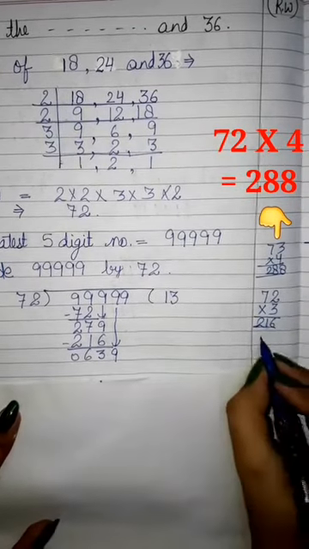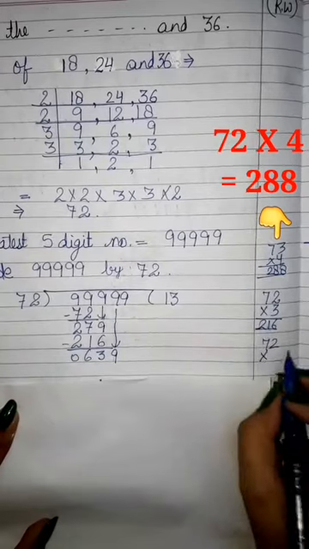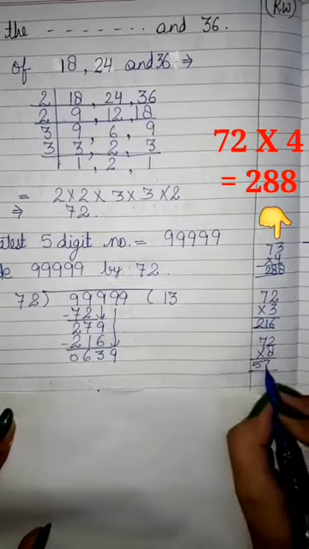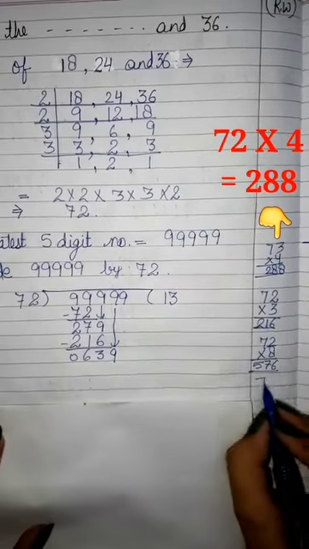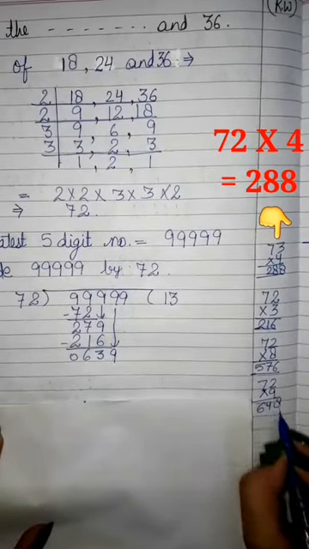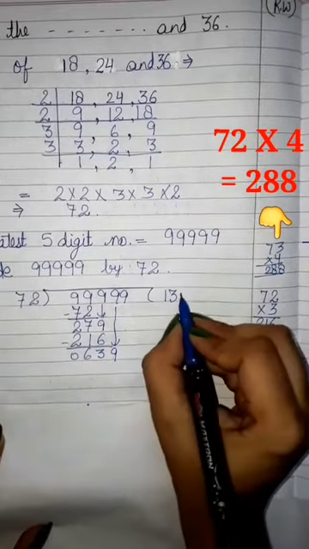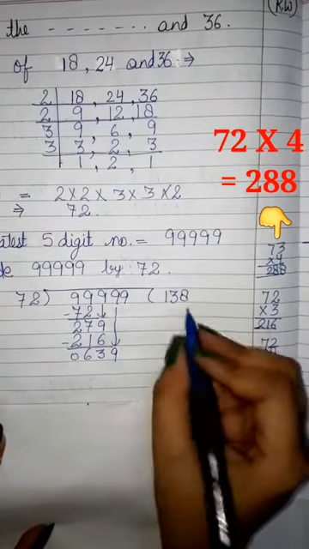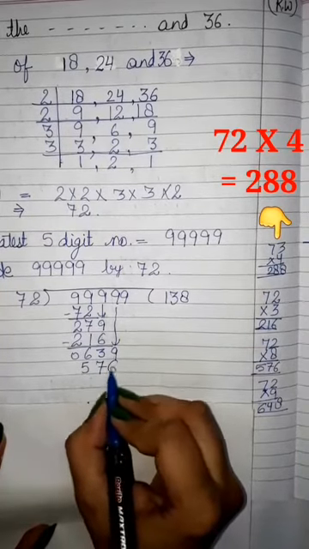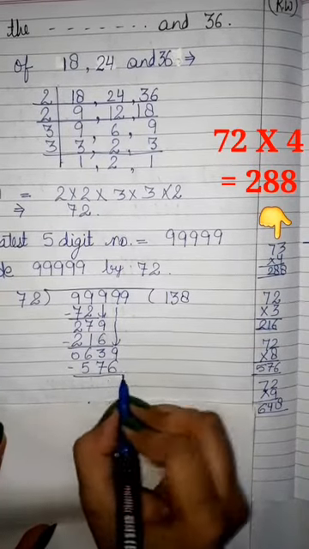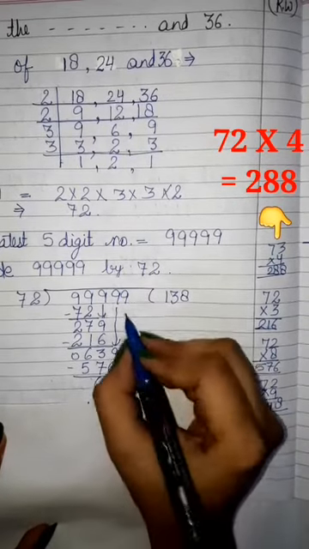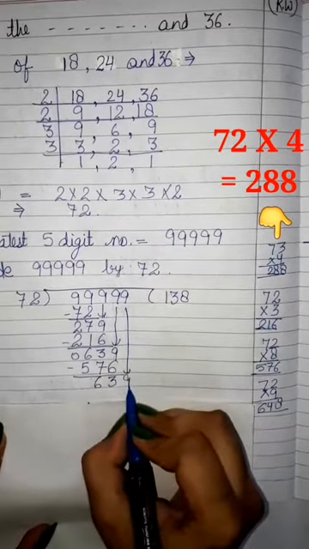Now if we multiply 72 by 8, we get 576. Now multiply 72 by 9, we get 648. This is more than, so we will multiply it by 8. Sorry, divide it by 8. It will be 576. Now subtract it. What is left? 3 and again 6 and the last 9 we will copy down.